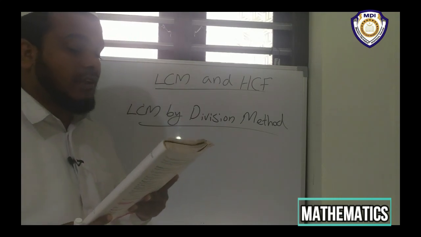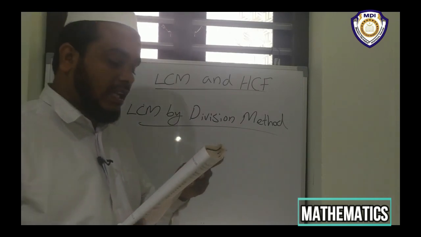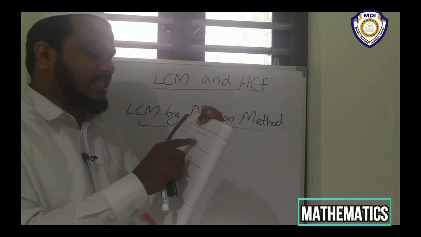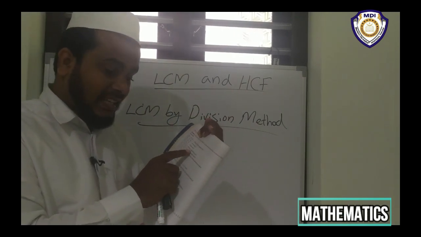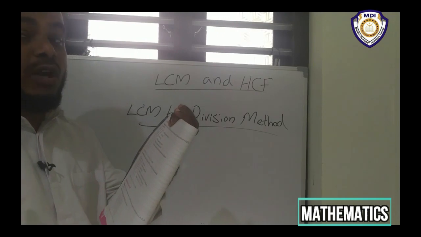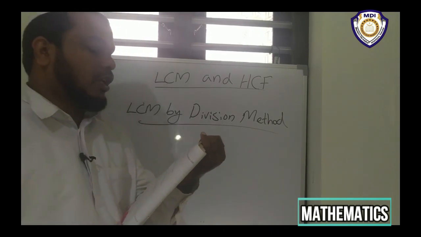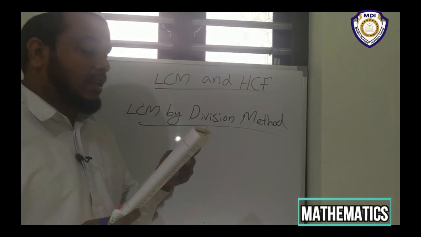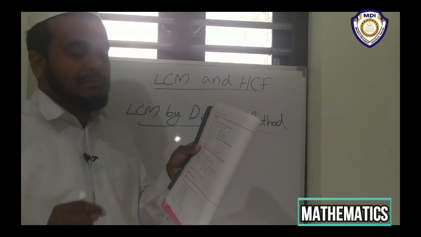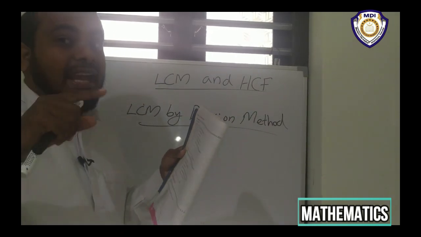Then divide again by 5, and you get 9, 15, 24. Then divide by 3, and you get 3, 5, 8. Divide by 3, ignoring 5 and 8, because 5 and 8 cannot be divided by 3. Then divide by 5, ignoring 1 and 8. Last you get 1, 1, 1. After that you have to multiply, and the answer is 9,000.